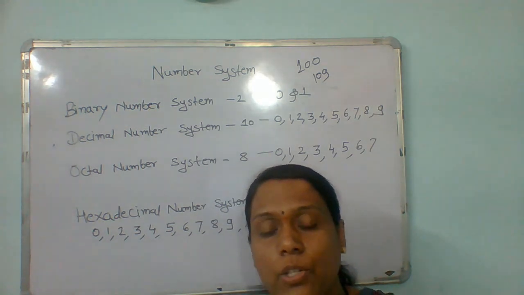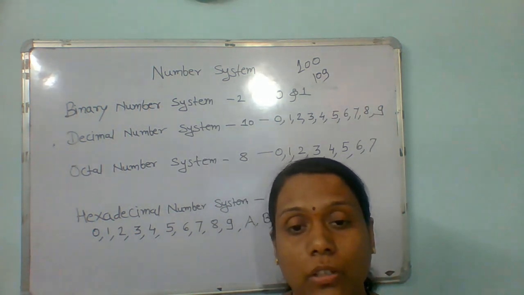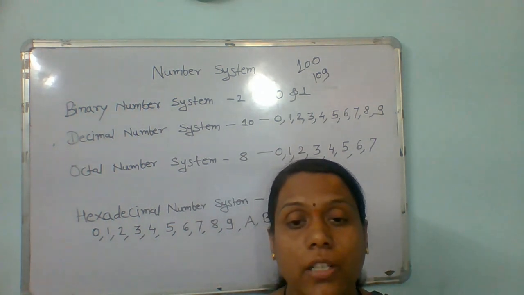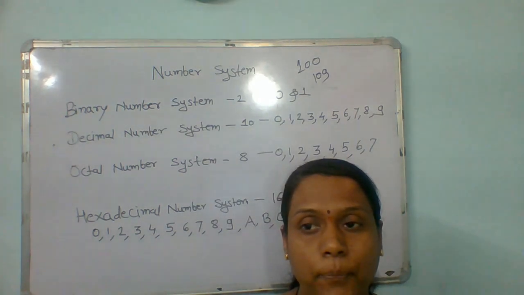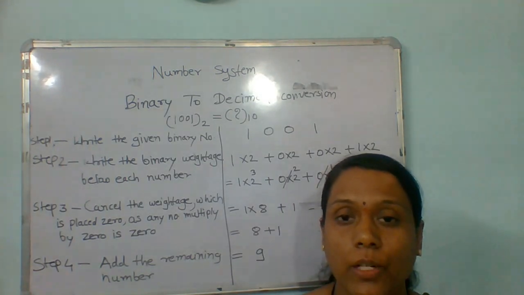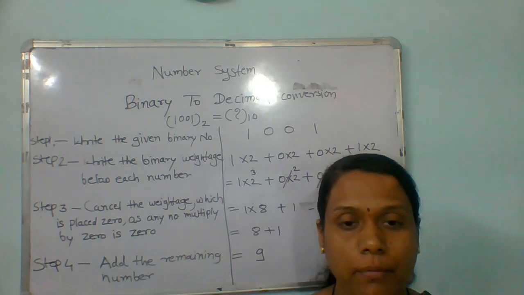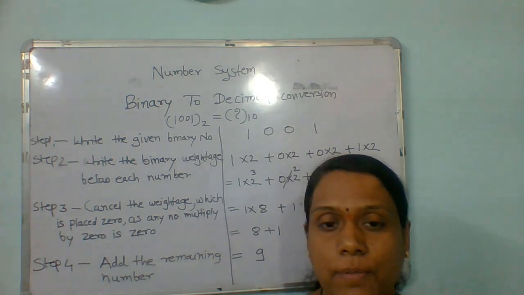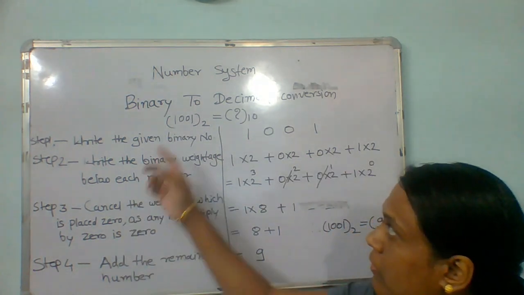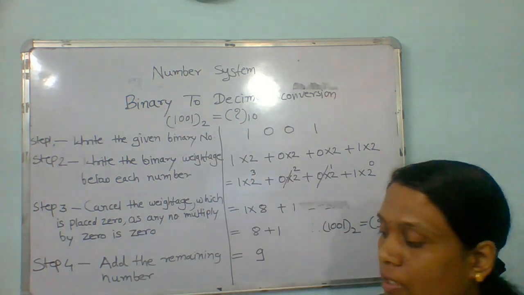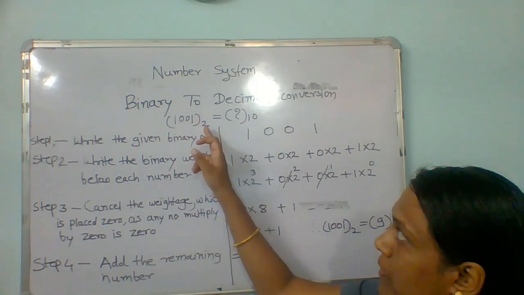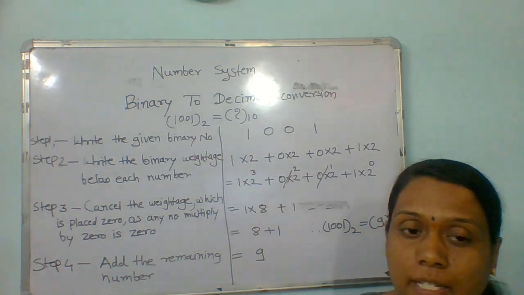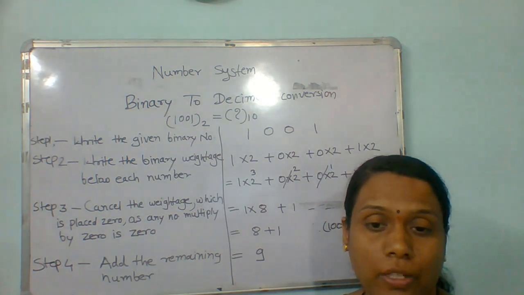So this is just an introduction to the number system and how to create it using these symbols. Now we will discuss the conversion of number systems. We will discuss the conversion of a binary number into a decimal number. To convert any number into another, we have to follow some steps, so we'll go step by step. This is the binary to decimal conversion. The number is 1001 with base 2, which means it is a binary number, equals what in decimal? We have to convert this binary number into a decimal number.